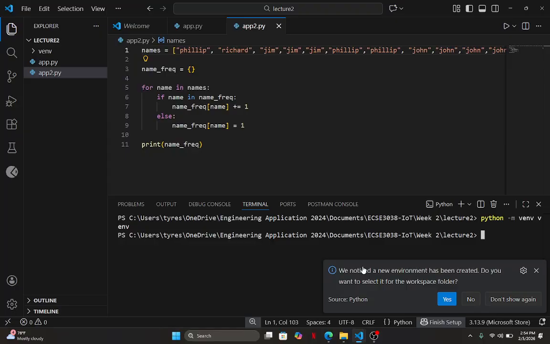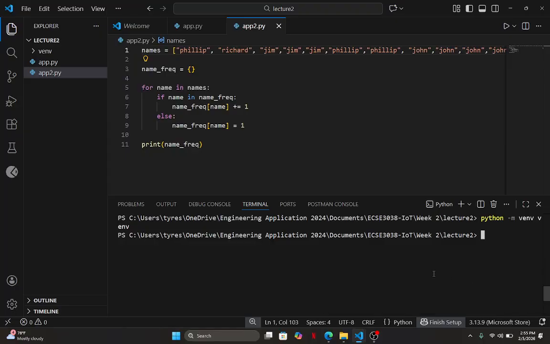Oh yeah, I still need to explain that. I normally don't like when VS Code sets that for me. I prefer to do it manually because sometimes it acts funny. I'm going to explain. All right, I clear it off. The reason why it told me that it detected a virtual environment, it asked me if I want to use it.